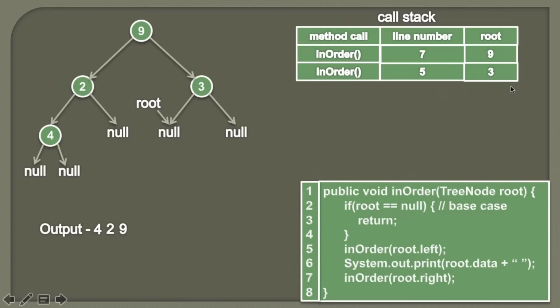And as this method is removed from the call stack, the execution point reaches to this inOrder method, which actually called the inOrder method with a null value. And from which line we have to start? We have to start the execution from the line number 5. And we also know that when we were executing this inOrder method, root was pointing to 3. So now root will point to 3. So friends, now in this step, as we have processed the left subtree completely, then now we'll process the node itself. So we are simply printing the data on the console.